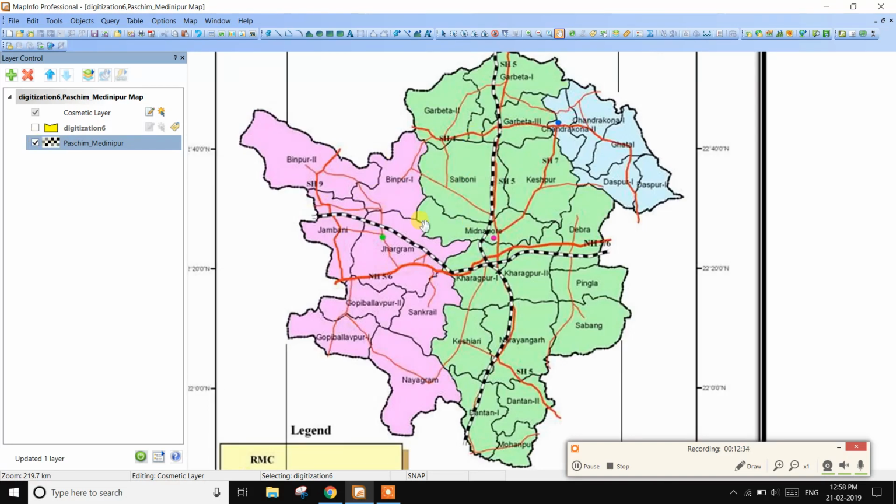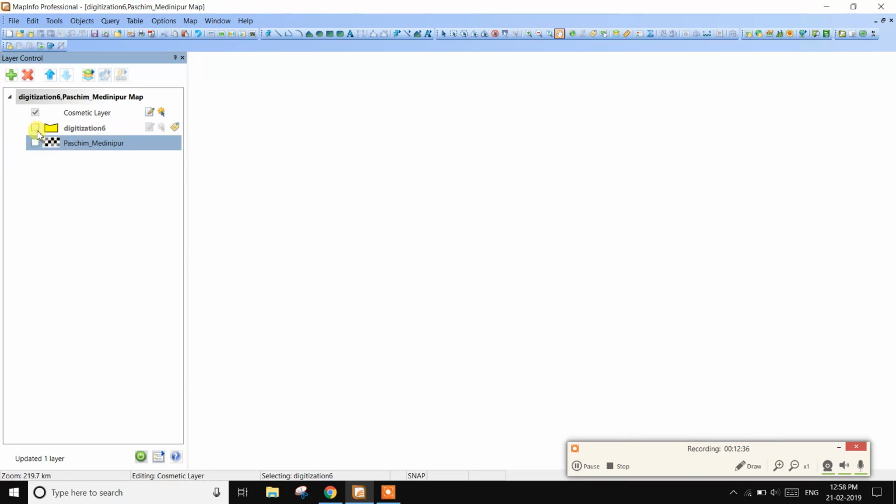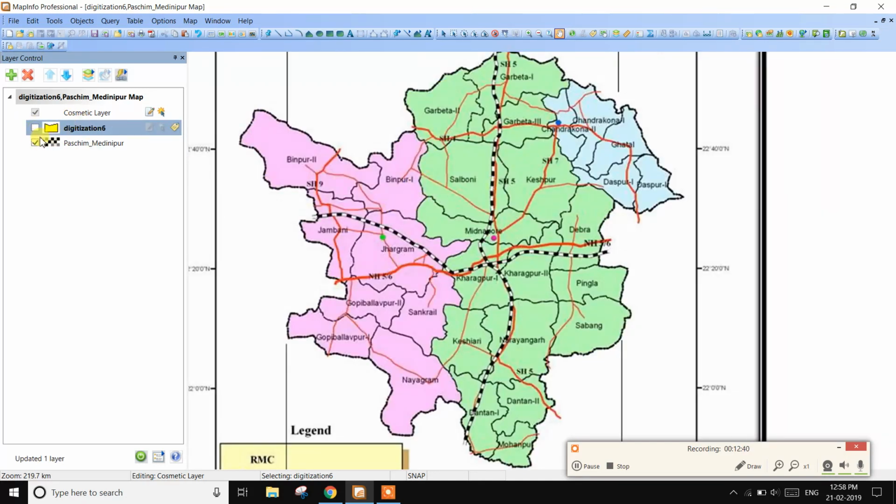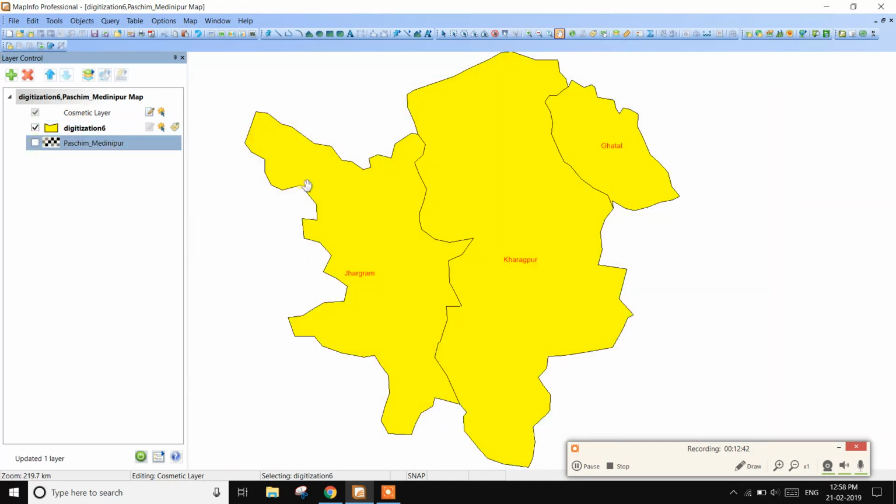This is the raw raster map, converted by digitization into the vector layer map of the Paschim Midnapur Jhargram district.